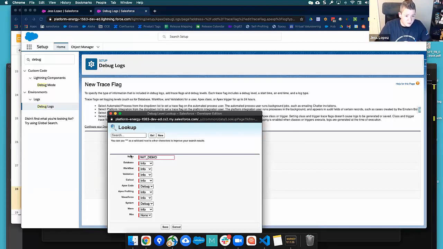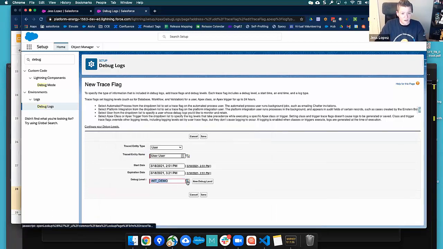And so again, for each of these categories, I can choose, well, I don't care so much about that one. You know what, I really care about Apex code here. I don't care about NBA. That's Einstein Next Best Action, apparently. You've got Wave in here as well. So anyway, you can pick and choose what you want here and save it, and then you have that as an option